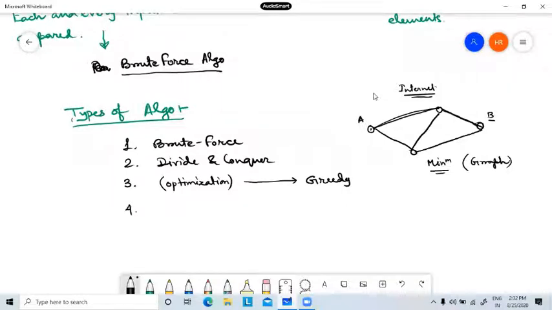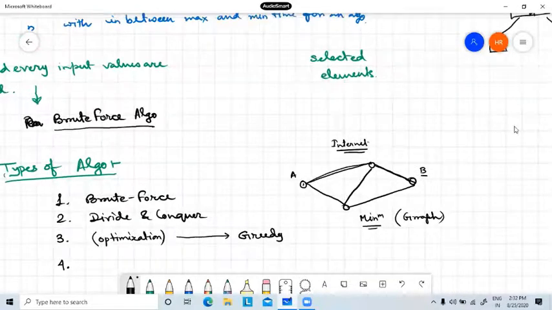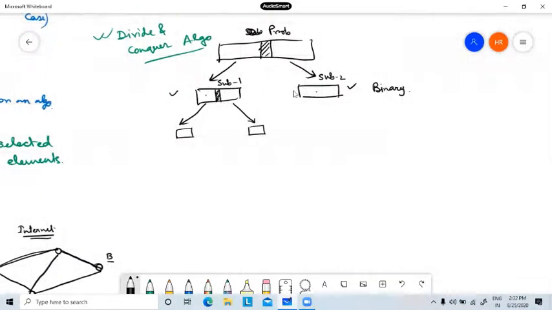There is another interesting problem where you have to divide the problem into sub-problems, but there is some overlapping between the problems. See, in this binary search algorithm, this part and this part have no common scenario, or no overlapping between these two.